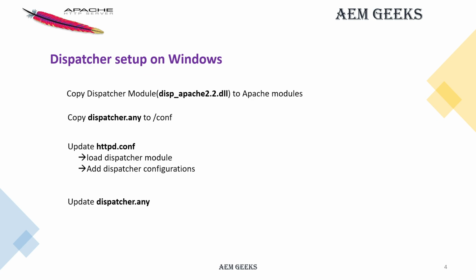I'll leave you the link where you can download the dispatcher, if you have access obviously, and the Apache server, and I will leave you these two files. If you install your Apache in C:/Apache2, you can straightforwardly copy and paste those files and your